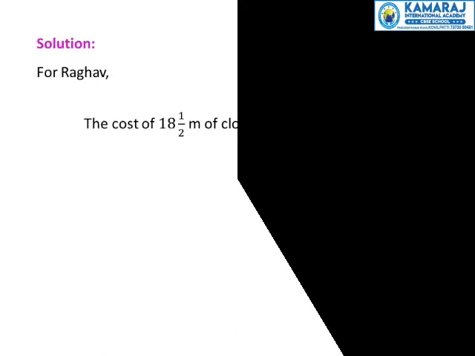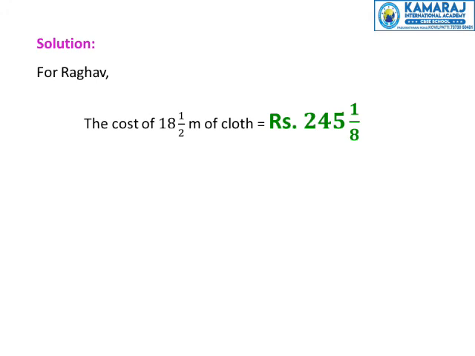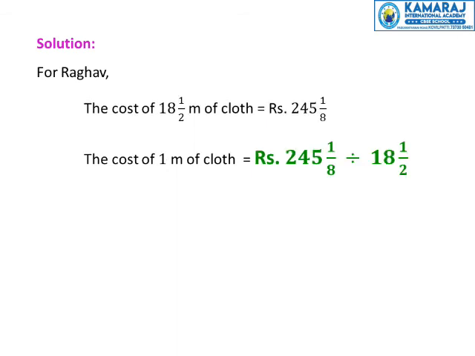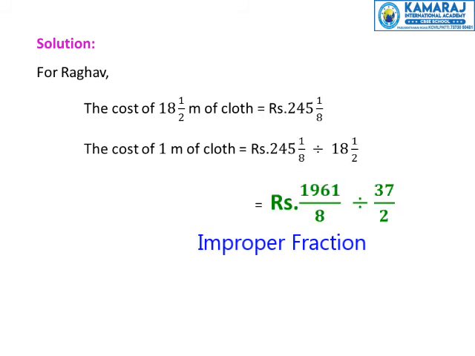Solution. For Raghav, the cost of 18.5 meter of cloth is equal to rupees 245 1 by 8. So first we need to find the cost of 1 meter of cloth, which is rupees 245 1 by 8 divided by 18 1 by 2. Here both of them are in the form of mixed fractions, so first we need to convert into improper fractions. So rupees 245 1 by 8